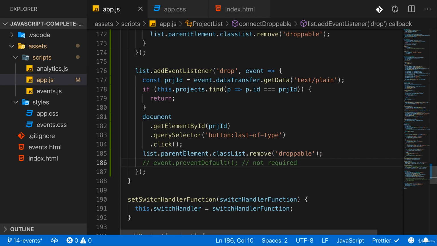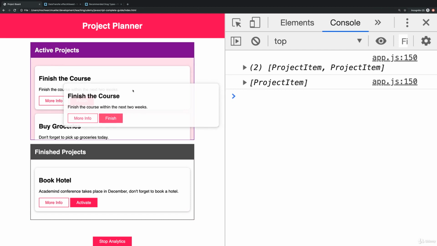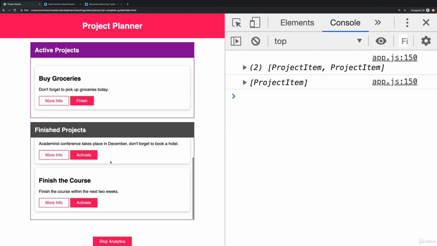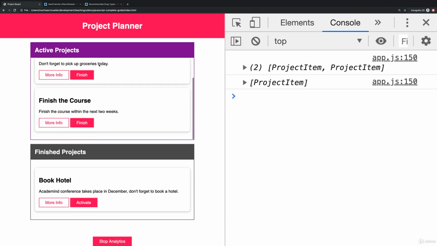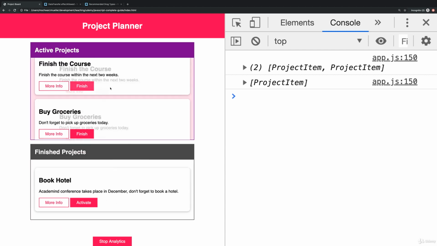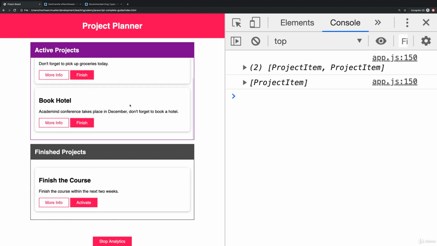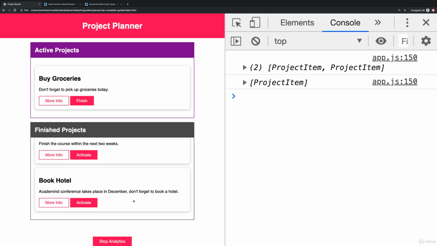And therefore here we're actually done. Now let's see if that works. If we save that, and we reload. If I drag finish the course in finished projects, you see the same thing happens as when I click a button here. And we can drag items around just as we should be able to do. So this is looking pretty good to me here. This is drag and drop implemented here and working like a charm, as you can tell,